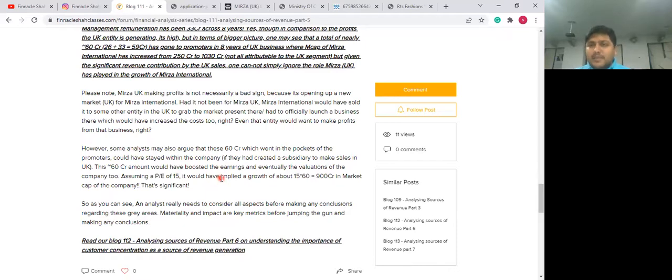All right, now this is precisely, in our opinion, how you should go about analyzing related party transactions. And as a very important conclusion, there's no such thing as white and black when it comes to financial statement analysis, especially when it comes to related party transactions. There are pros and cons to each and every angle. Now, without actually jumping to conclusions, an analyst should always judge the pros as well as the cons of the analysis and eventually make an opinion if they have any about the same.